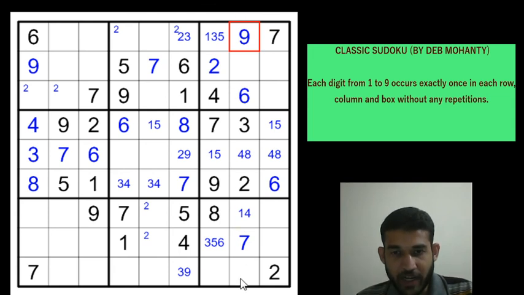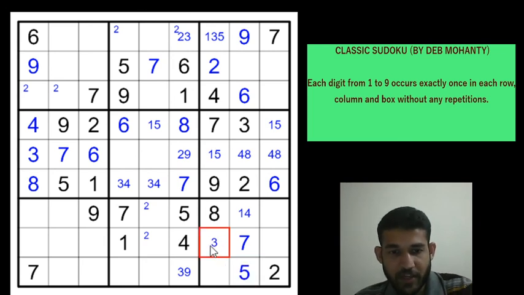Okay, in column 8, if you see, there is only one cell left for the 5. 5 cannot be here, and 5 can only be in this cell. We can eliminate the 5 pencil mark from that cell, so this will be a 3 and 6, and this will be a 1, 4 or 8, but 4 is there, so this is going to be a 1 or 8.